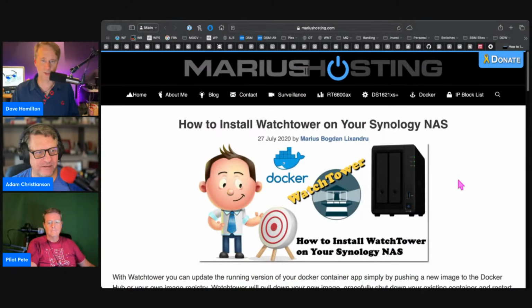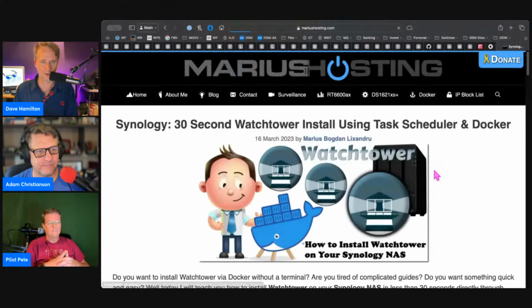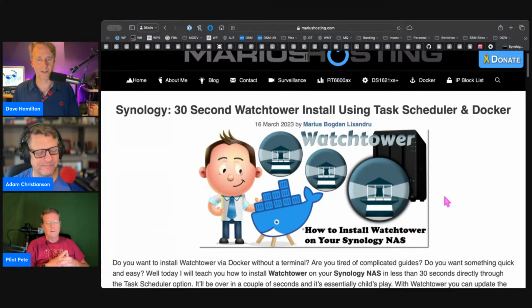There's an article on Marius Hosting, which is a great little how-to of installing Watchtower on your Synology, and they walk you through it. Marius's how-tos for doing things on your Synology and getting set up with things are so perfect. In fact, I linked to the wrong one, or I pulled up the wrong one during the show. I will put a better one in place before you ever get to see it, folks. So yeah, I love his awesome stuff. It is so well written and